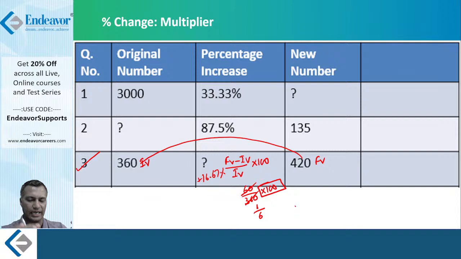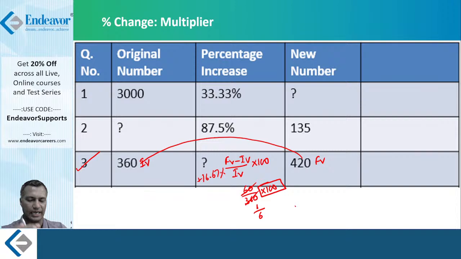Coming to this, it's a decrease. This time we are doing a drill on the decrease. This is the initial value, and this is the percentage decrease, and the final value is the question. If you have a percentage decrease of minus 1 by 7, what is the multiplier related with this? Keep 7 as it is, 7 minus 1 in the numerator. Therefore the multiplier related with a 14.28 decrease is 6 by 7.